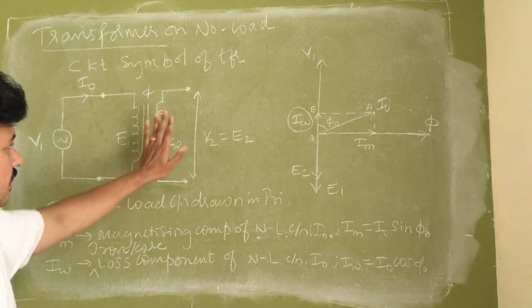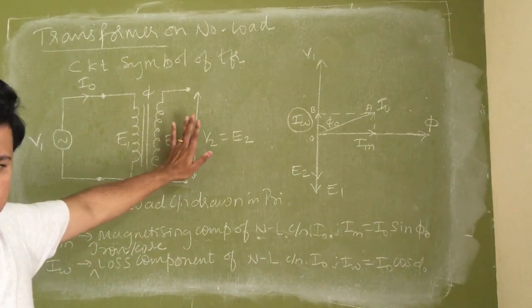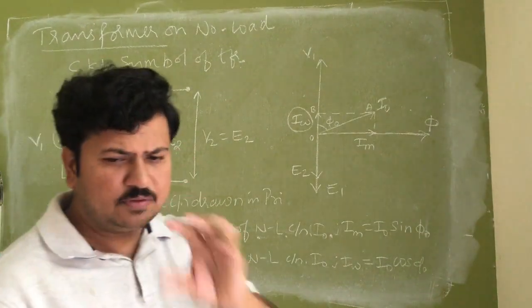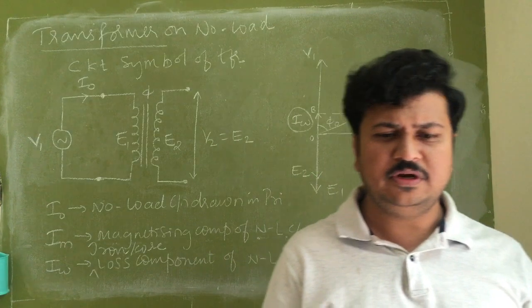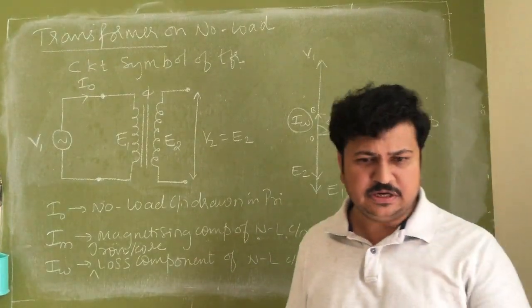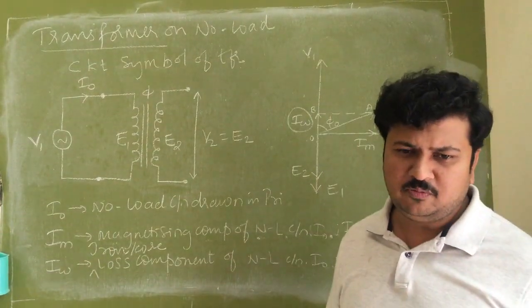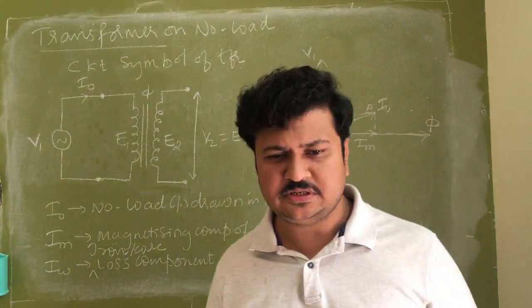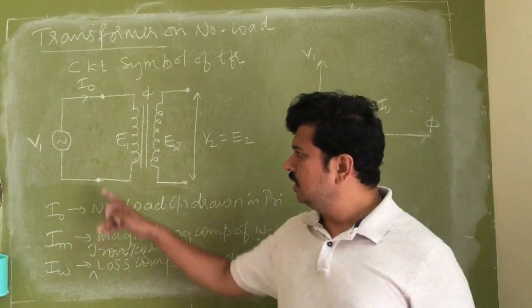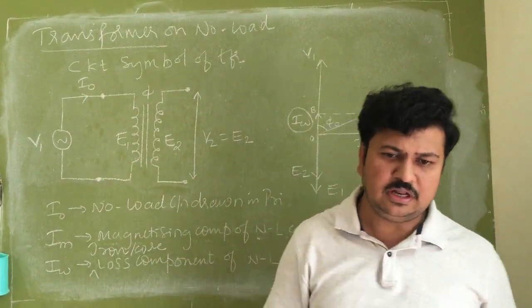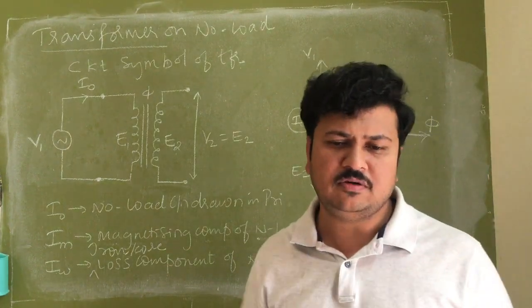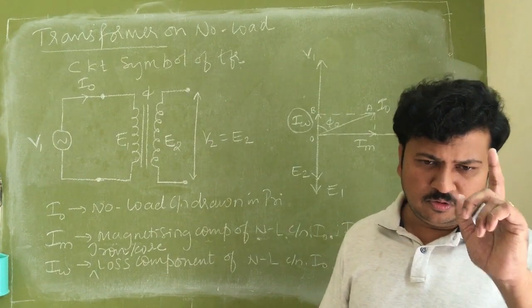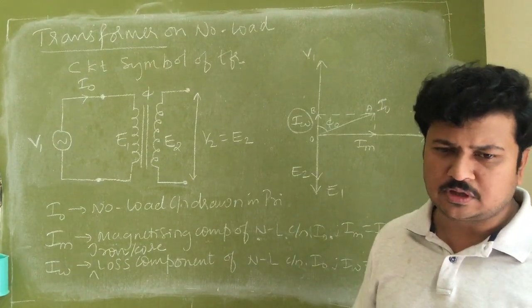Now when there is no load connected in the secondary, the current in the secondary is obviously zero because it is open circuit. But the current drawn by the primary is very small. It is 0.5, 0.6 or 0.7 amperes. Not even 0.7, it is 0.5 or 0.6. Every time we have seen the reading at no load, it has come between 0.5 to 0.6 amperes. So the no load current drawn by the transformer is very small compared to the full load current rating of the transformer. Full load current rating is always given by the volt ampere rating divided by the voltage value. That is the full load current.